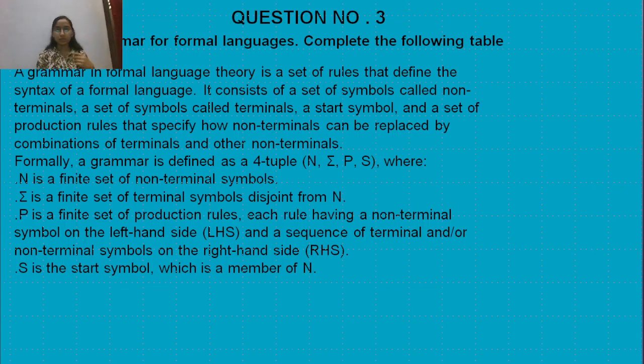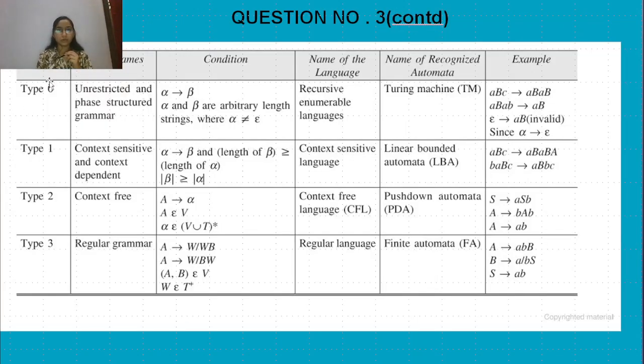Okay, now let's see another question for theory of computation ancient paper, that is question number third. In question number third, we have to define the grammar for formal languages, and we have to complete the following table. The table is this. So basically, we were given only the grammar types, that is type 0, 1, 2, 3, and we have to fill all this